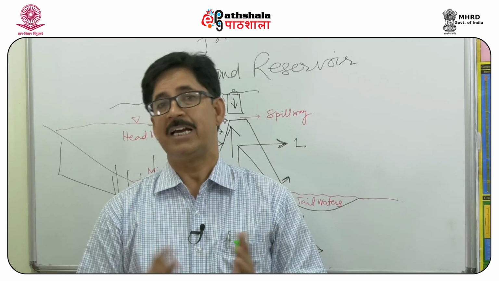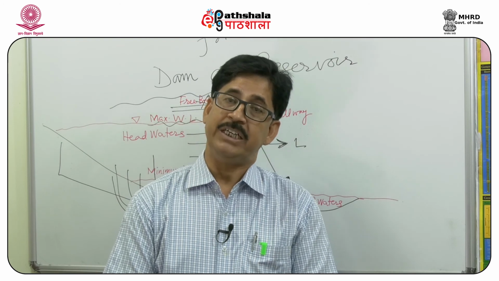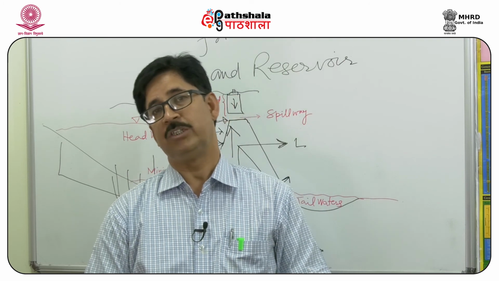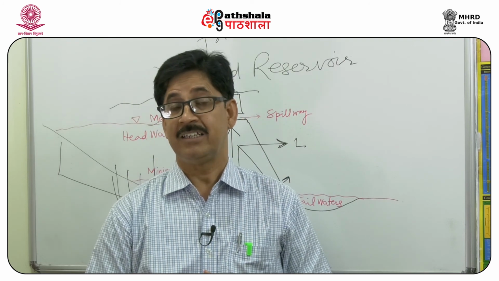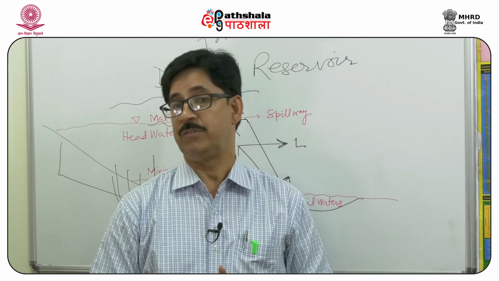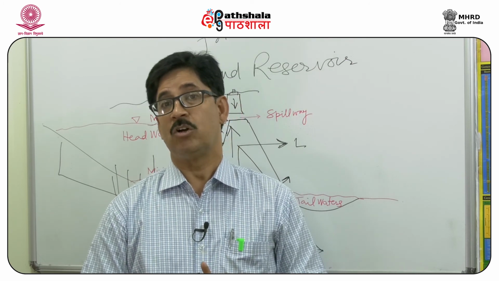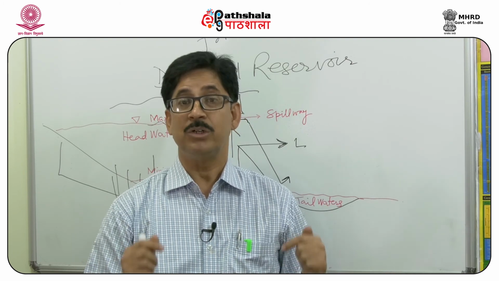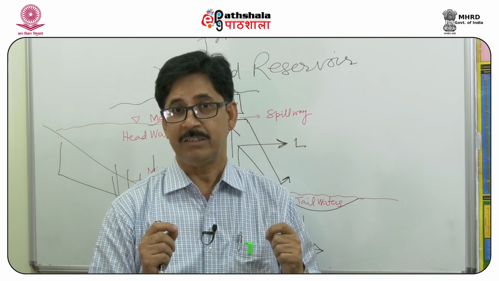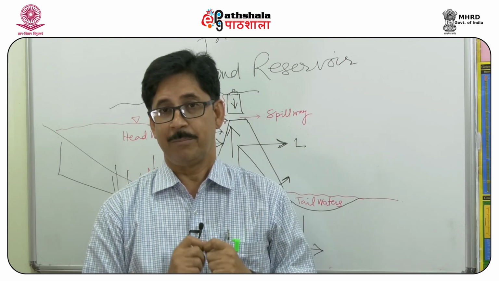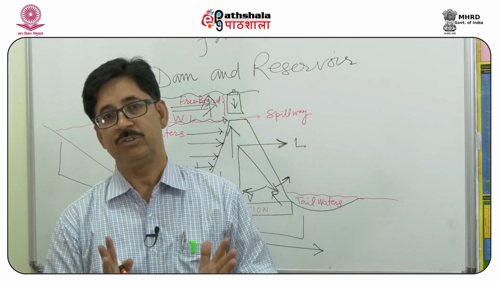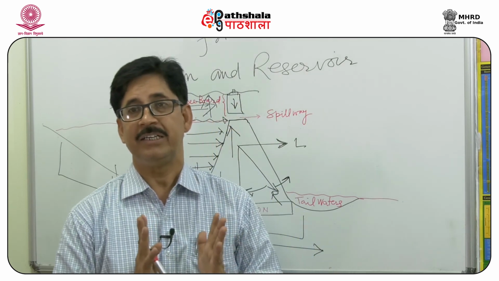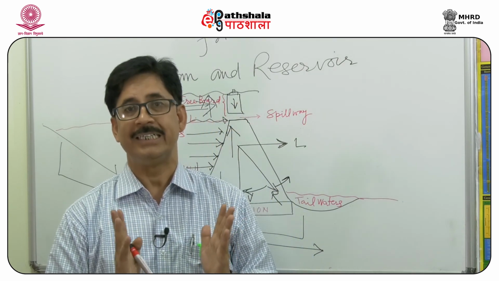So if you have weak rocks, you will go for an earthen dam. So Tehri Dam was made on weak rocks, that is phyllites, and the dam has a height of more than 261 meters and a length of almost 650 meters. The base width is almost 950 meters. So the base width of this dam is more than the length of the dam, which is very peculiar. But just to provide extra strengthening to this dam, because it is lying in seismic zones 4 and 5, they have gone for a very broad dam.